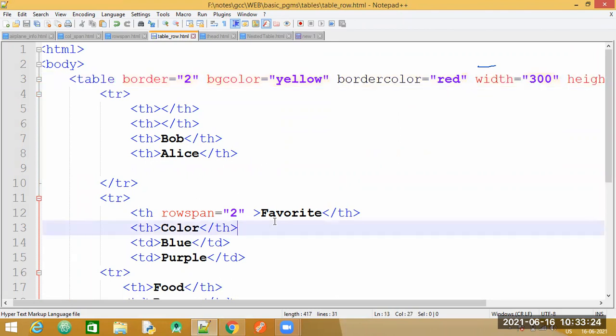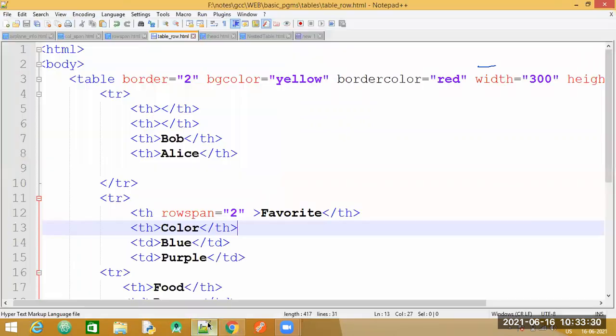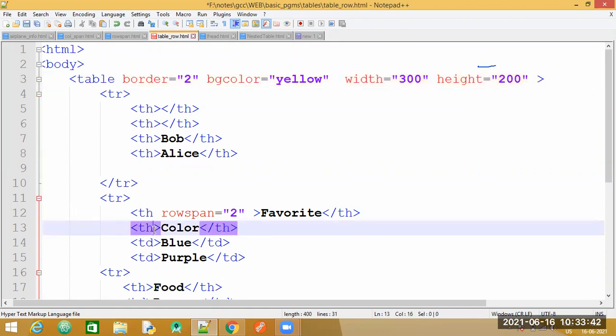The border color. Let's see if it is getting implemented here in the table. So we have got it. So let us try to again implement it, and check whether it is getting implemented only for one particular heading or one particular row. Okay, let me specify it only for this.